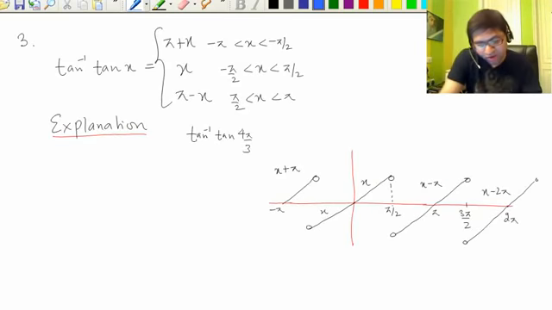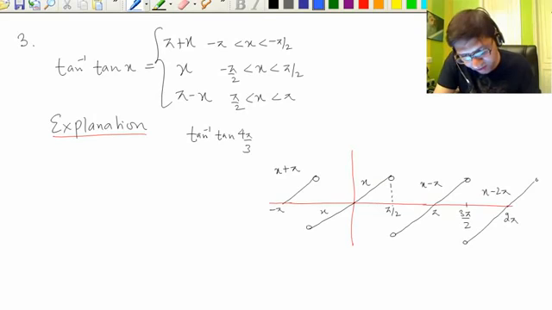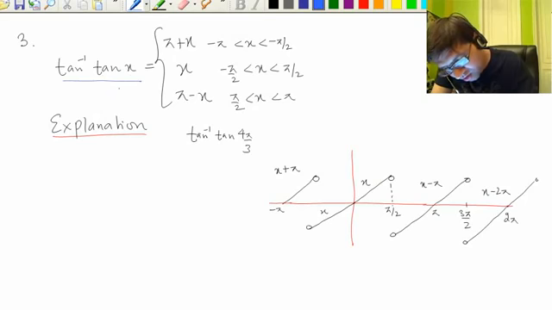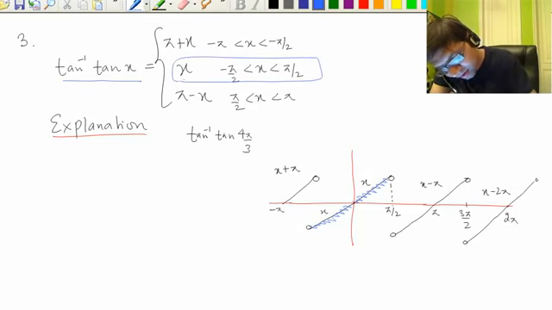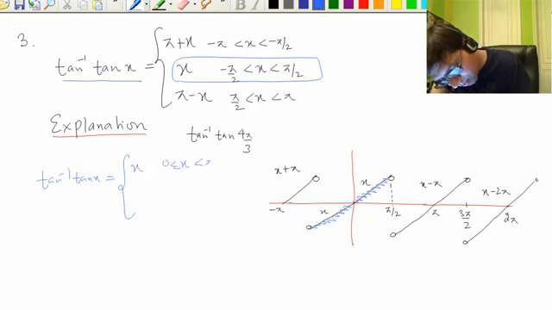Now there is no need to do the derivations anymore, you can do it yourself if you want to. So the graph of tan inverse tan x is a periodic function with period pi, right. So even if you learn just this part, it is sufficient: between minus pi by 2 and pi by 2 it is x. Only this part you can remember. After that we can generate by shifting, but I'll prefer you do this: tan inverse tan x equal to x, where x is between 0 and pi by 2.